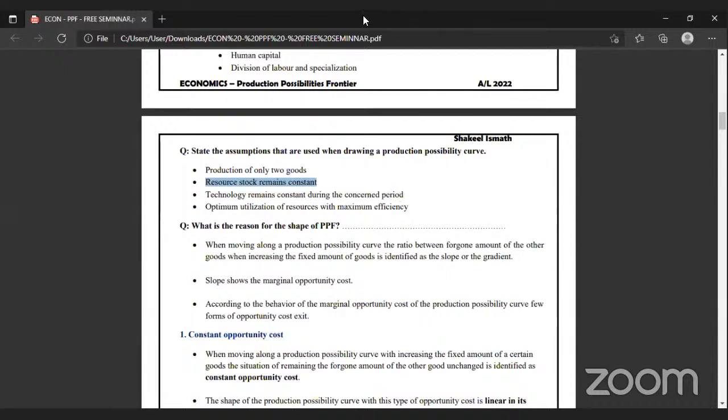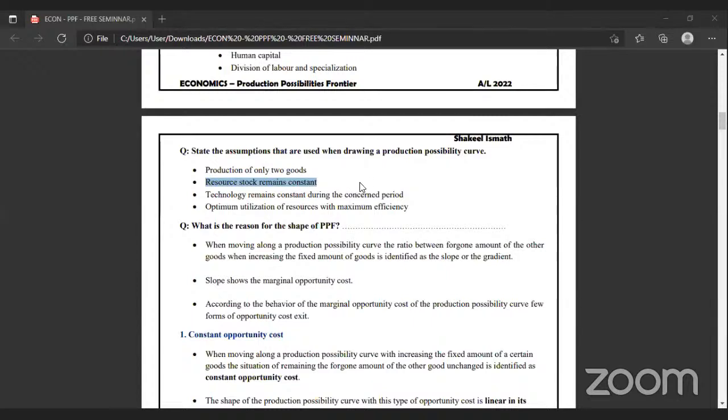Who is the father of economics? Just a small question. You might have studied his definition. Who is the father of economics? Adam Smith. Yes, Adam Smith's idea only. These graphs were constructed by Adam Smith. But later, after 1928, a new person emerged and criticized Adam Smith's opinion. Who is that? Keynes, right? After that, Keynes criticized production possibility. Whatever Adam Smith created, he criticized and gave alternative ideologies.